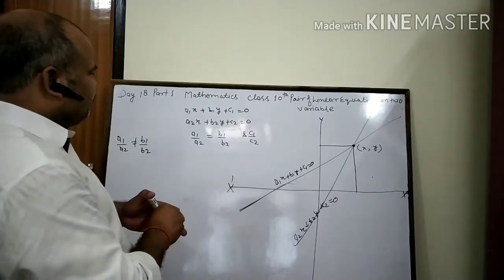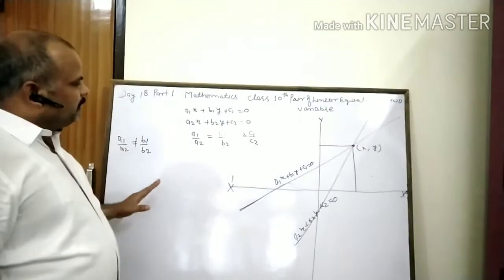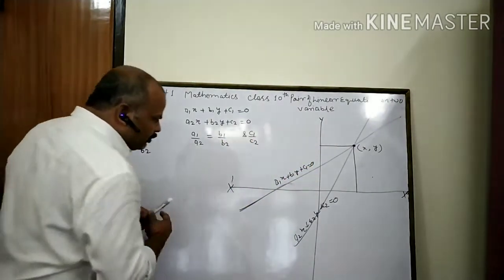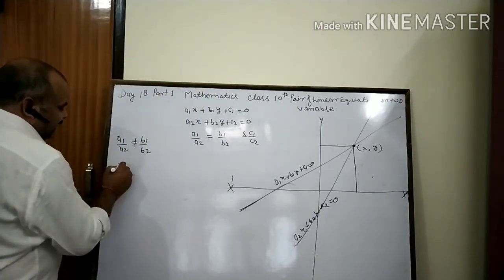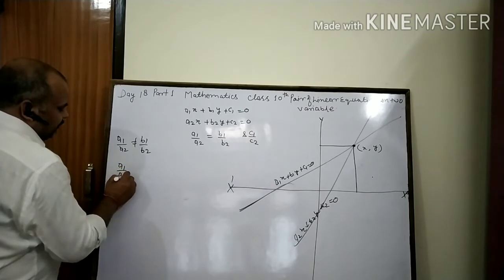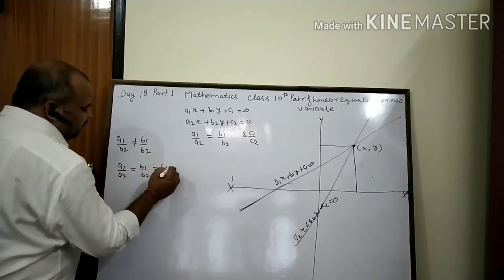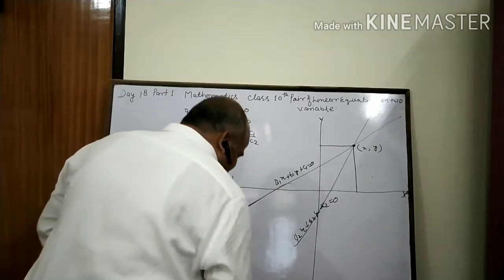In this way we can find the solution of linear equations in two variables geometrically. In the same way, suppose the lines do not intersect. Suppose the lines coincide. It means a1 upon a2 is equal to b1 upon b2 is equal to c1 upon c2. Satisfied? Then the graph of the lines